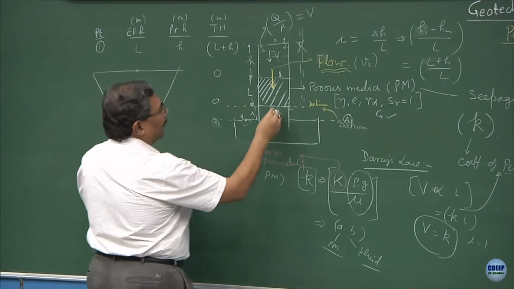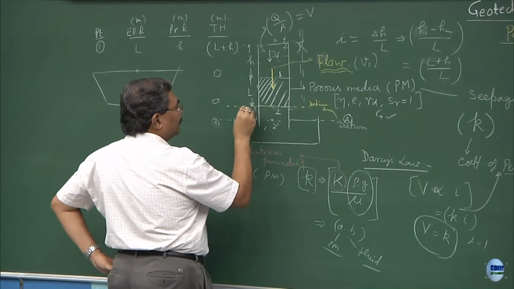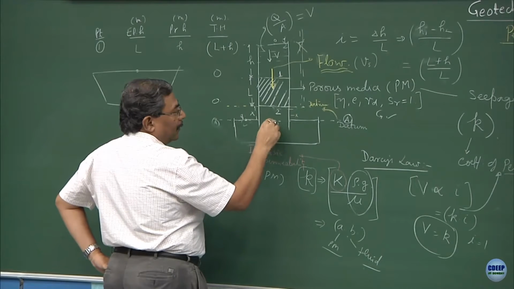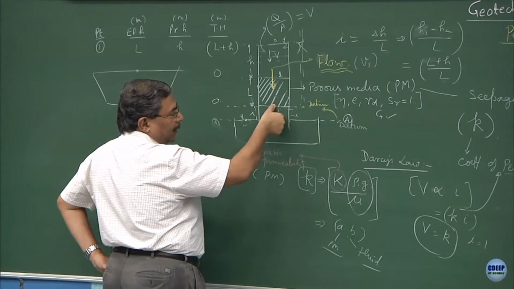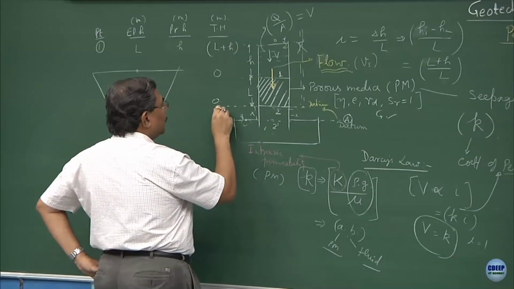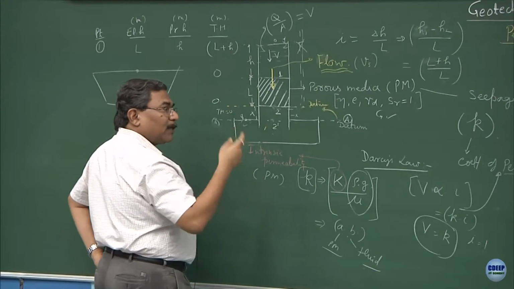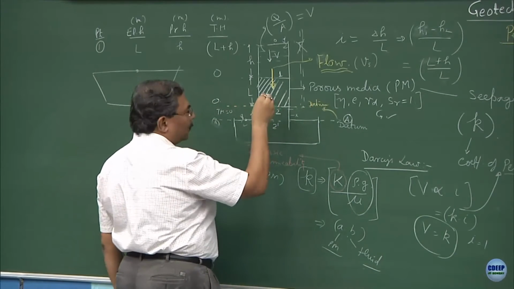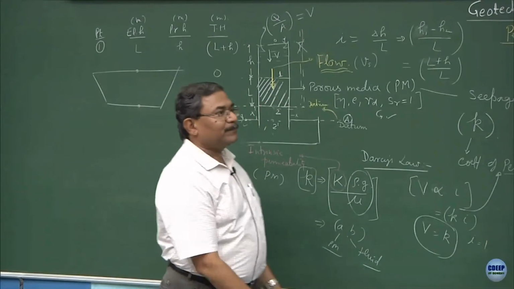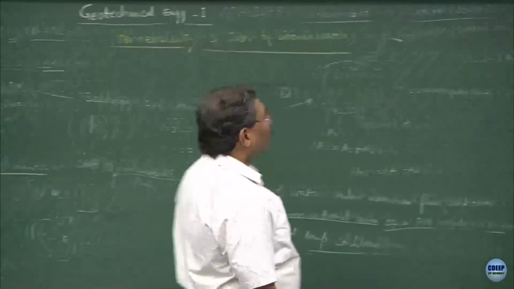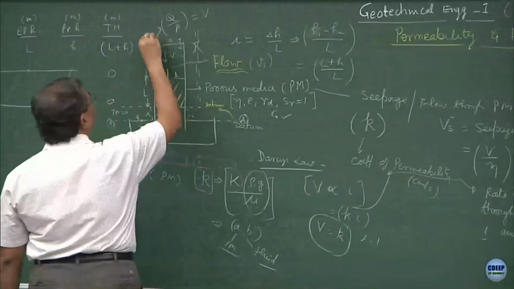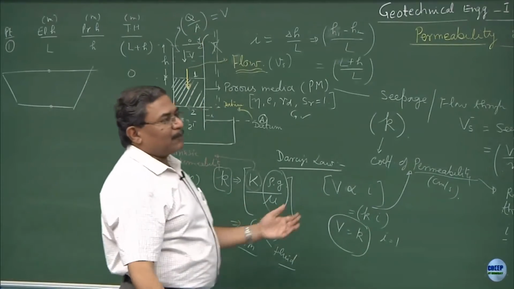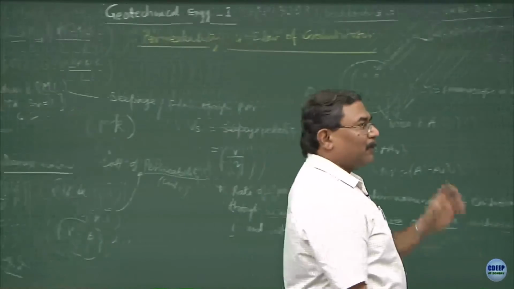Because we just proved this, at this point the pressure head is minus x and the elevation head is plus x. So the total head is 0, and this also gets proven by the fact that if I shift the datum over here, this becomes the atmospheric point itself, and the total head is 0 at this point. Yes, the tube is open from the top. So your concept of 1 atmosphere is applicable at every point, but that becomes a base pressure, so we are neglecting it. I think this is what you are trying to hint at.